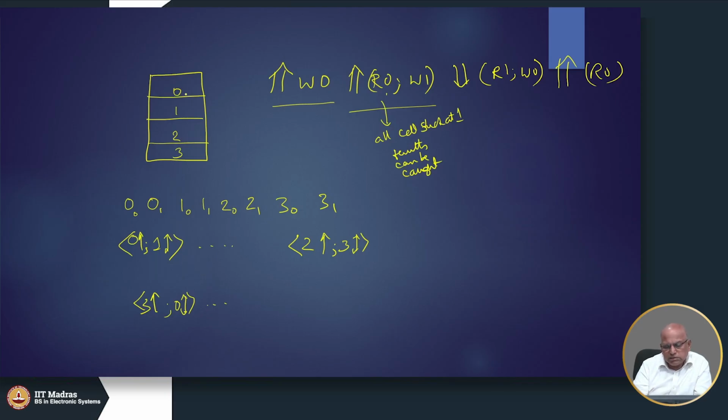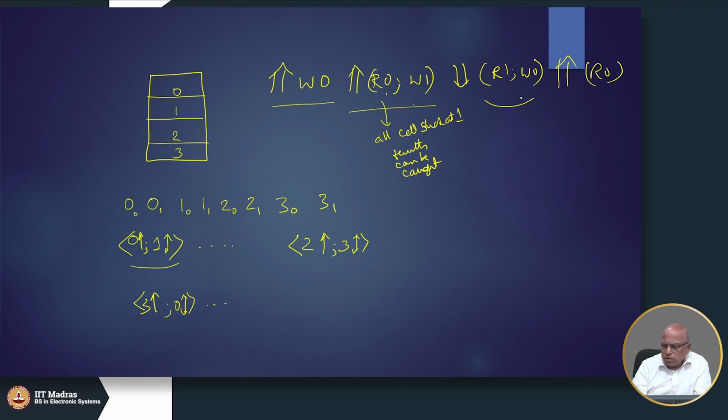That may activate some fault. Okay, for example, this fault. When we toggle cell 0 in this step, maybe 1 will change state to 1. So here when we go,